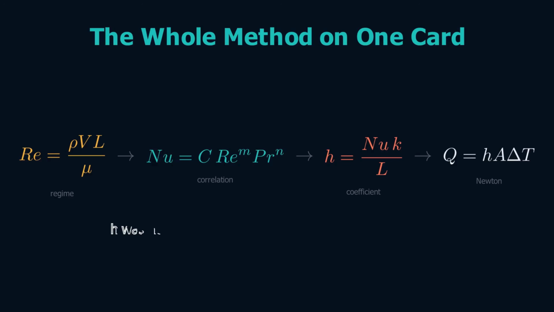So H was never a number to memorize. It is the answer to three questions: how is the fluid flowing, which correlation fits, and what does that make the Nusselt number? Answer those, and convection stops being a black box. So, the